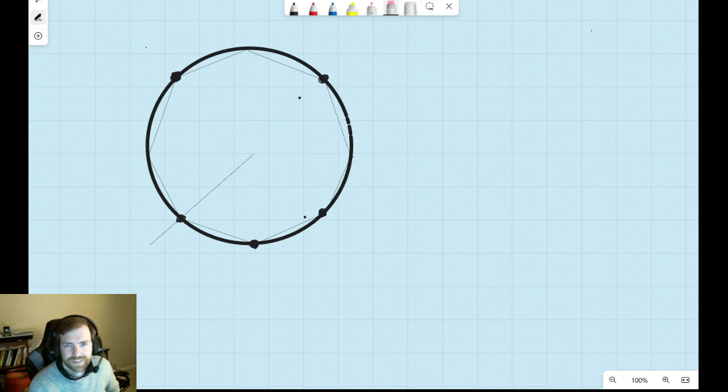Oh, that was a mistake. So in theory, again, you could find the tangents at each of these lines, extend them until you find the next one. And again, this is very approximate,